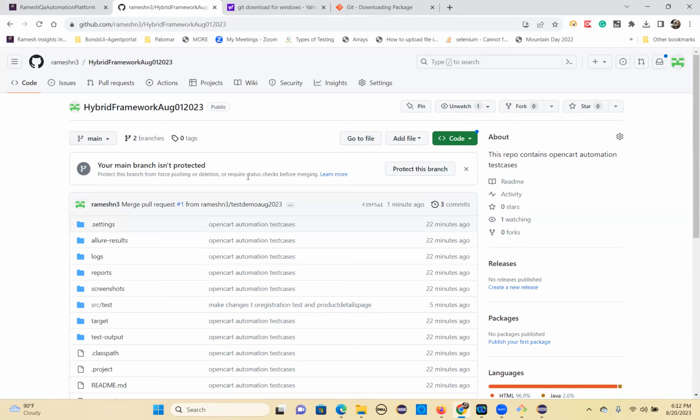So after pushing the code, they will create a pull request. Then they will ask for review. Once review is complete and successful, they will merge it to main branch. The main branch is the top one. The main branch is always the master code. So anybody who wants to make changes has to clone it, create a branch, and work on their task. Once their task is done, push it, and then